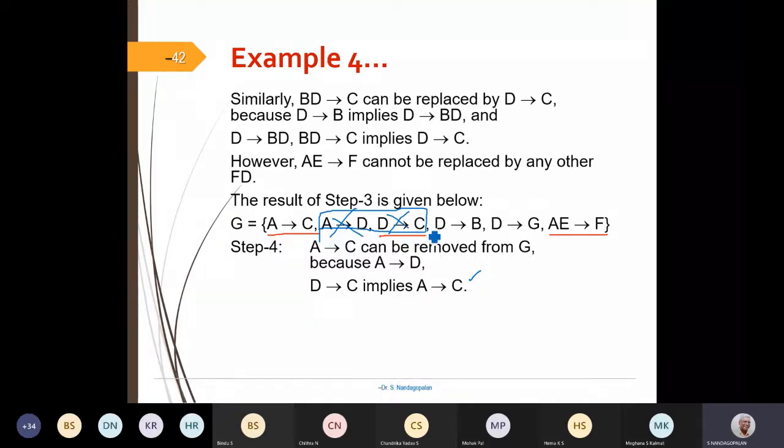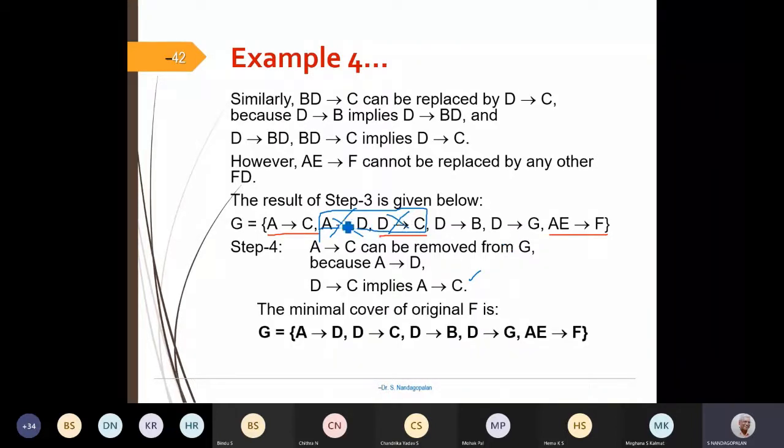That's enough. Similarly, D, I don't think that this can be removed. Oh, sorry. A arrow C can be derived from these two. So I'll just keep these two. This is redundant.